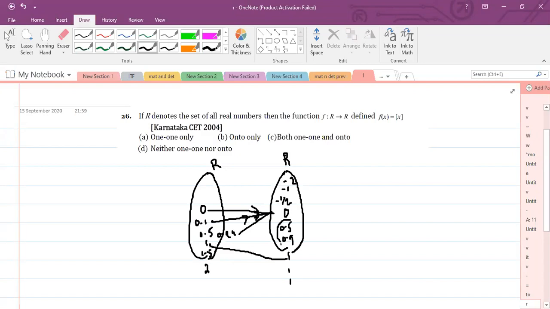Therefore all these in between fractions from 0 to 1 will not have any pre-image. If you consider 0.5, 0.7, 0.6, they are not the image of any elements. They don't have pre-images. Therefore it is not onto also. And one more thing you can clearly observe. If f is from R to R, codomain is R. What is range? Range of greatest integer function is Z. Therefore codomain not equals to range, hence it is not onto. Therefore this function is neither one-one nor onto.